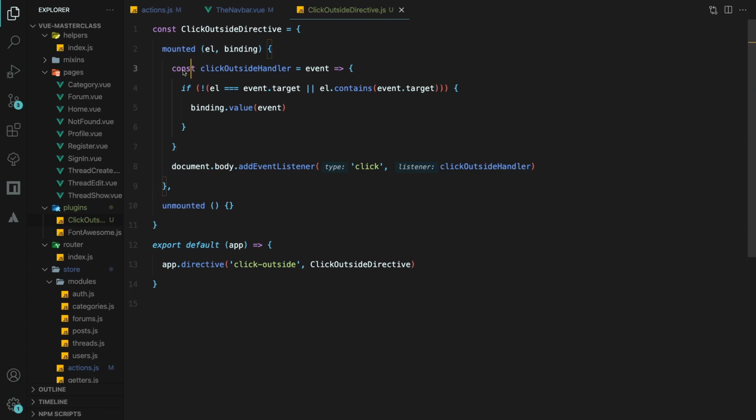That way we can access it in the unmounted hook to remove it. I've used these underscores in the method name to prevent clashes with other properties and methods defined on the element, since there's more of a chance of clashing here with other plugins and such. Then, in unmounted, we can remove the event listener.